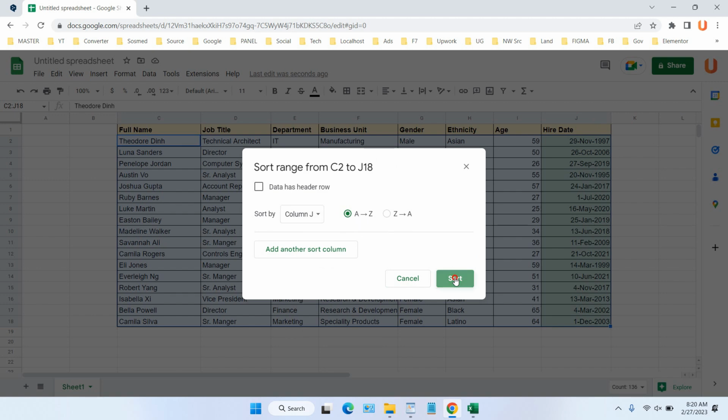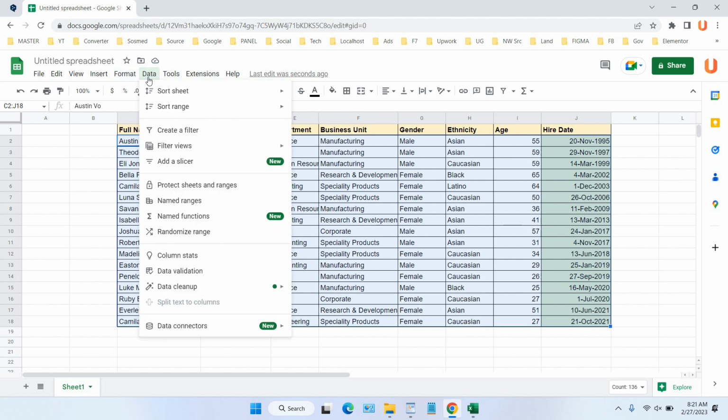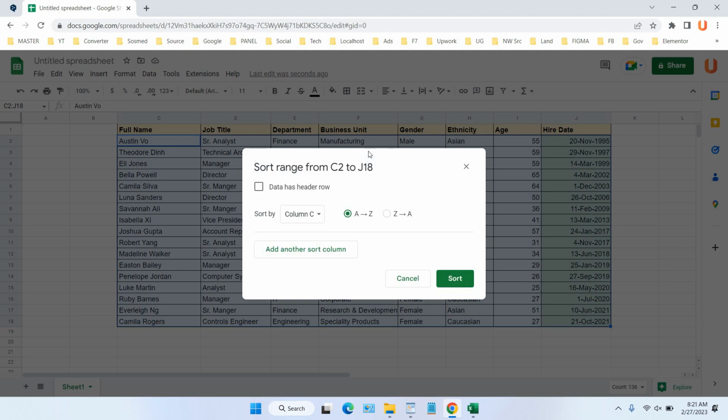Okay, click sort. After that, you can see from 1999 until 2021. You can also reverse this by clicking data, select sort range and advanced range sorting options, and let's see,